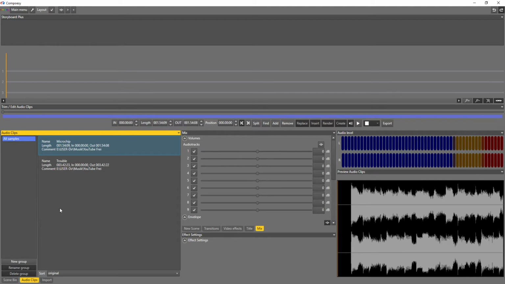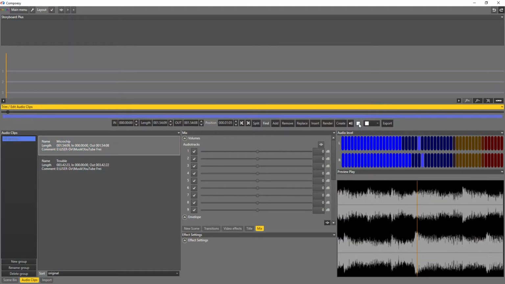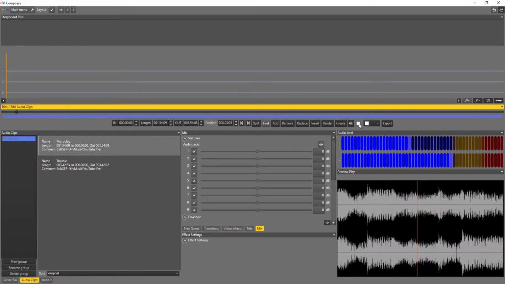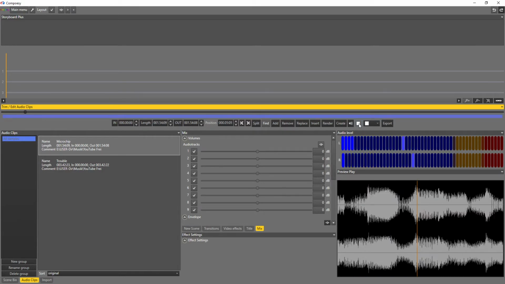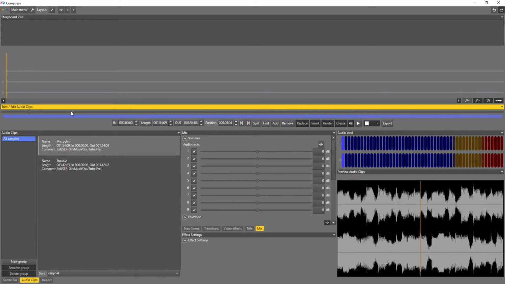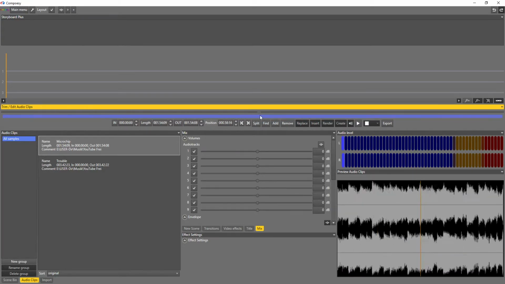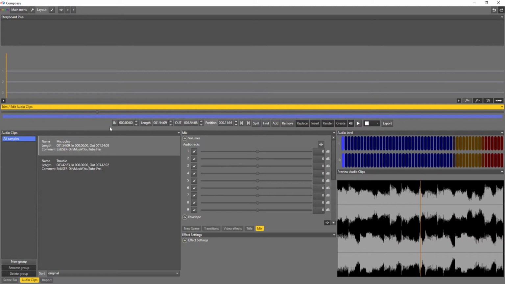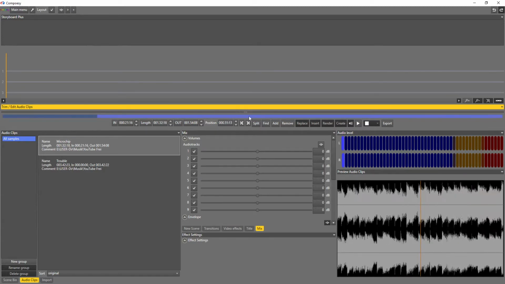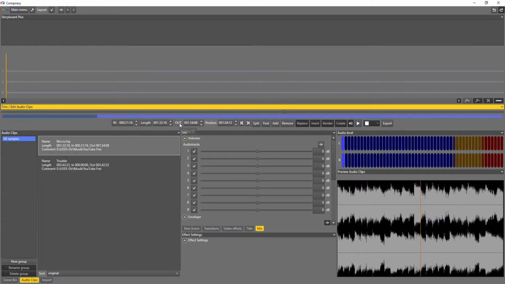There can be groups, we can play back, scrub through the entire audio, define in point and out point.